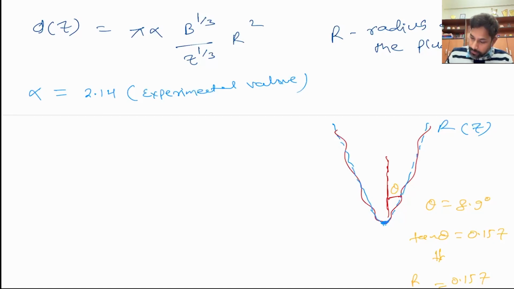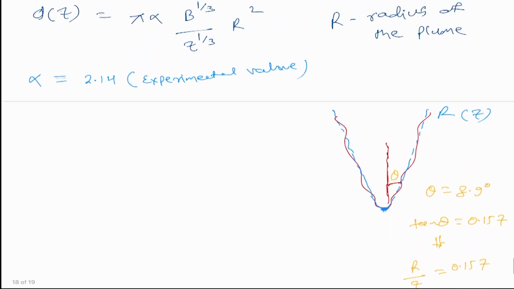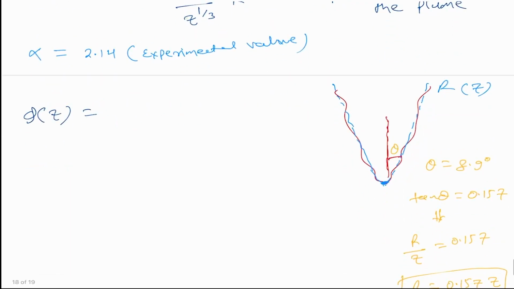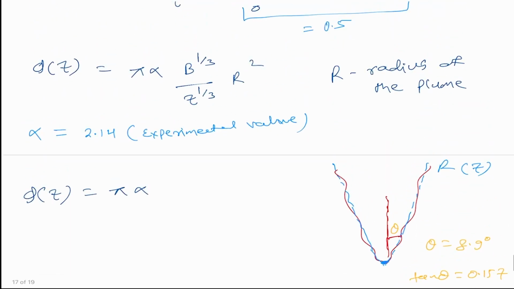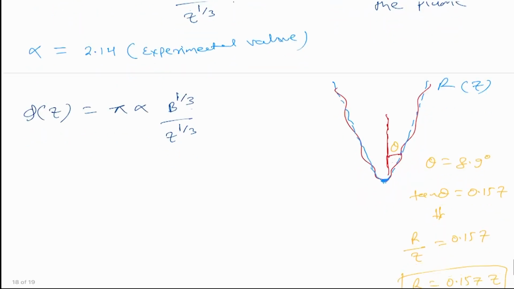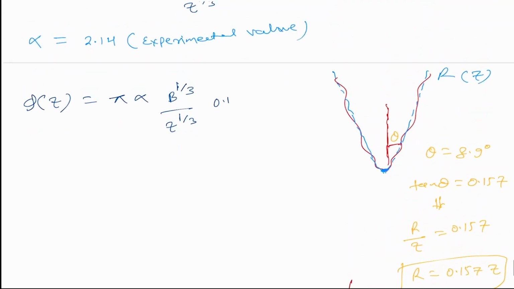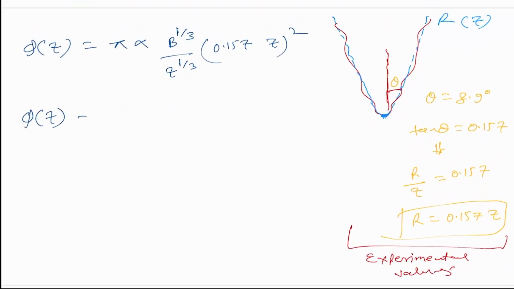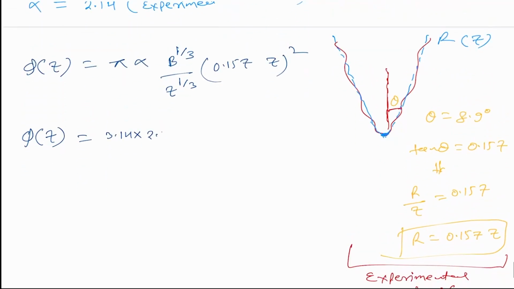Okay, so now we have got alpha and r as a function of z, so we can write q of z as pi alpha b to the power 1 by 3 z to the power 1 by 3, and r square can be written as 0.157 z square. So these actually gives us where pi can be written as 3.14, alpha can be written as 2.14,